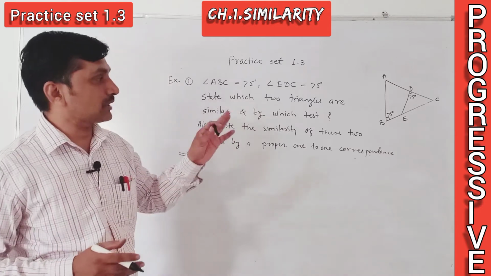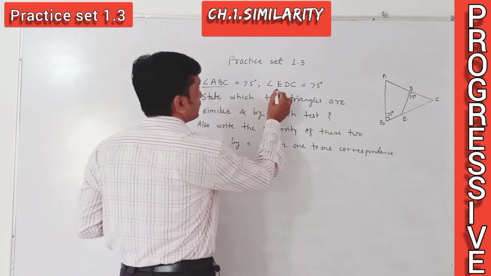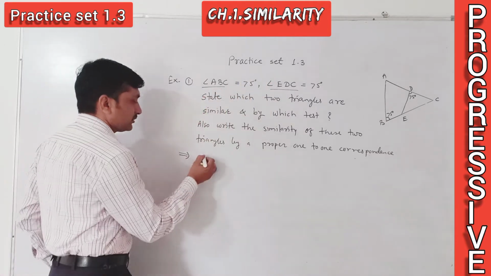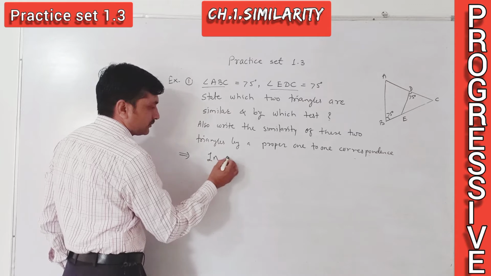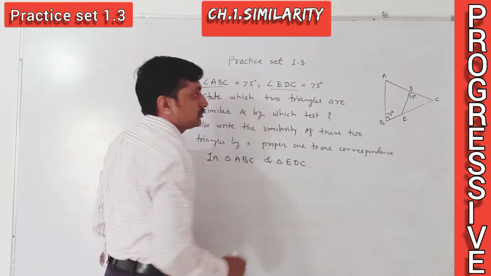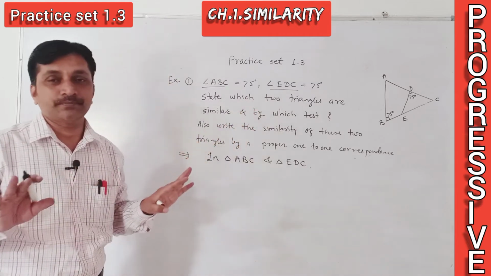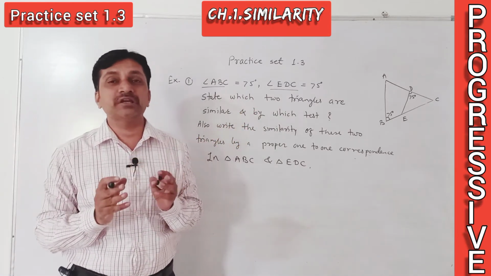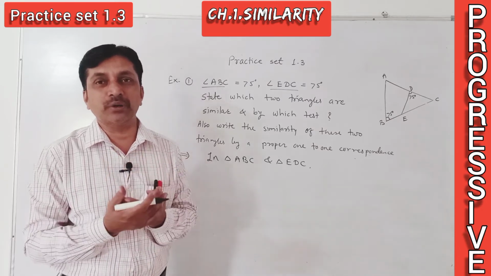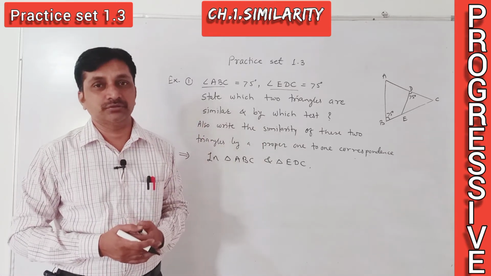Before that we have to show the triangles similar. Now we have these two pairs of angles given, so consider these two triangles only: triangle ABC and triangle EDC. Is the length of any side given here in the example? No. If sides are not given, then we cannot use SSS and SAS, because there we require sides. Therefore only one option we have, that is AA test.